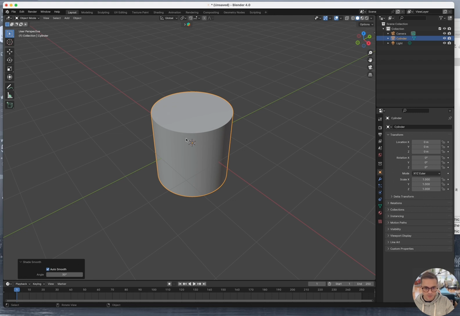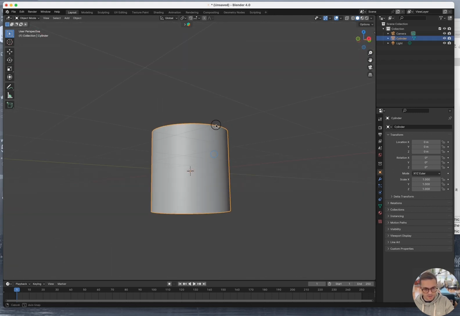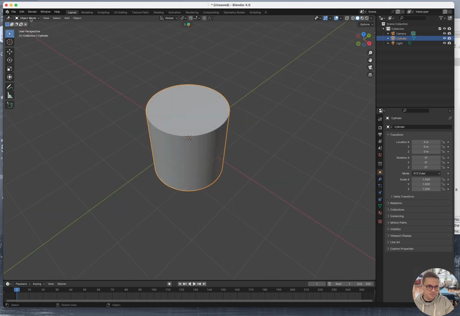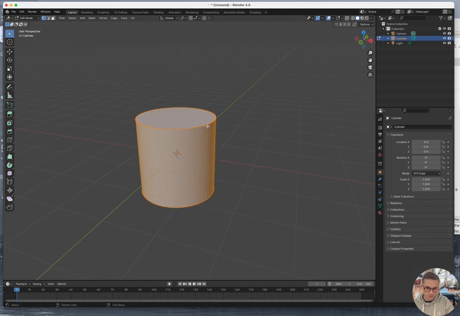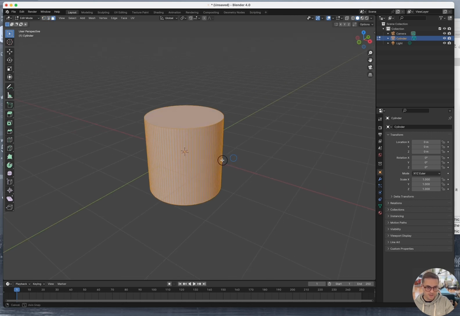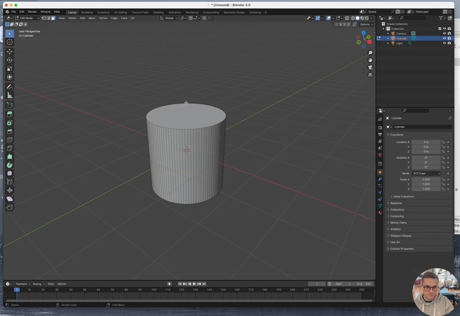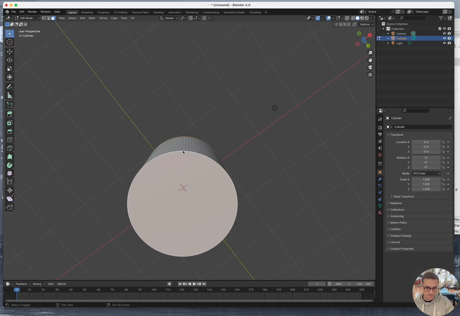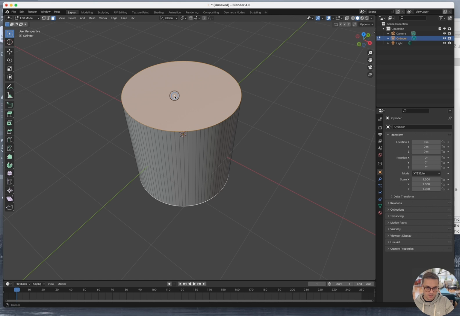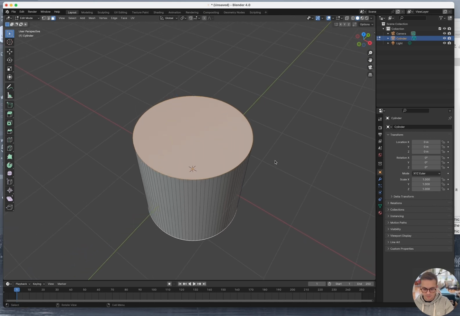All right, so a Microring Resonator has a hollow core. To do that, we're going to start by selecting our cylinder and going into edit mode. Edit mode can be triggered here or simply through the Tab key, where you will be able to edit every vertex, every edge, or every face. And here you can filter it through these three icons. We stay in face selection, select the top, the bottom, and